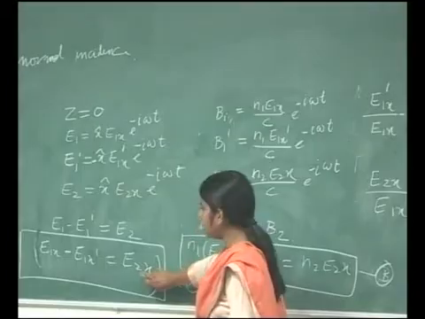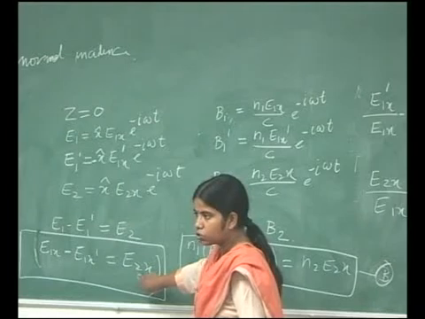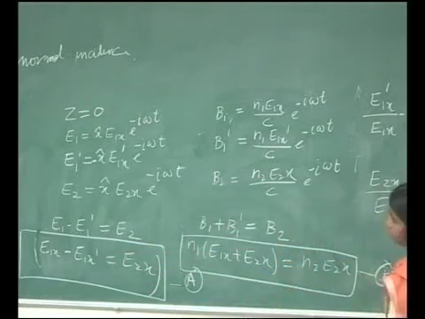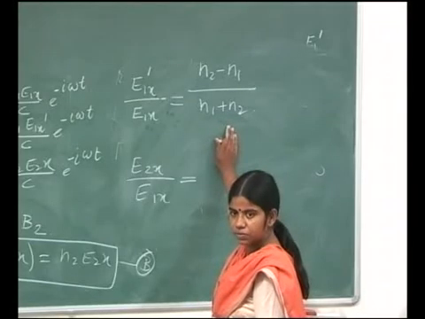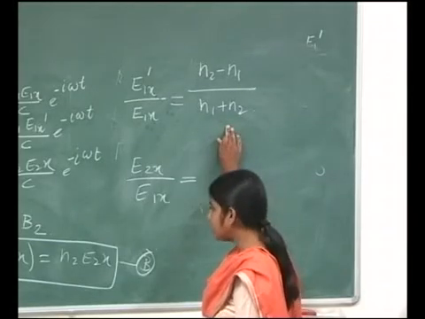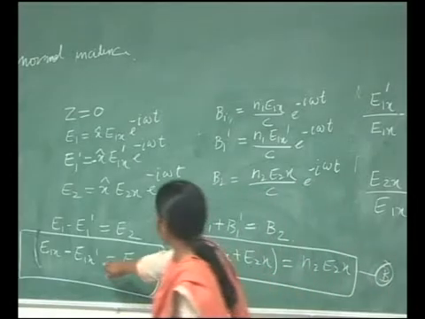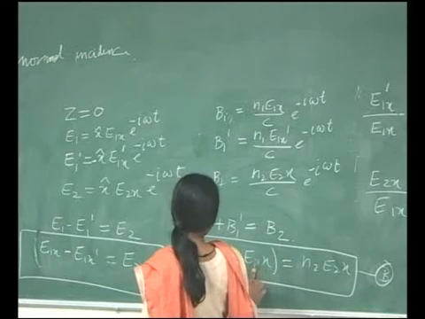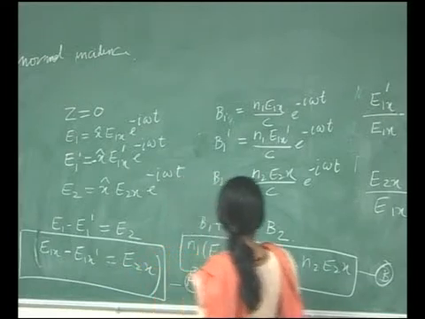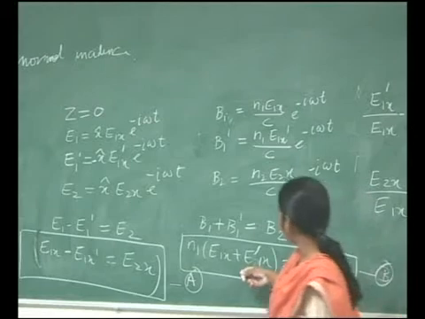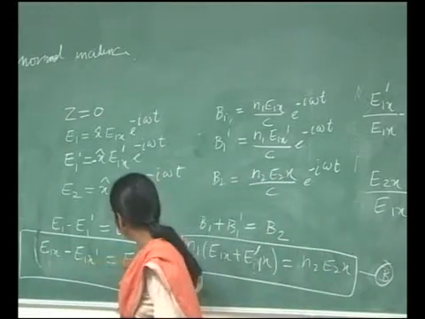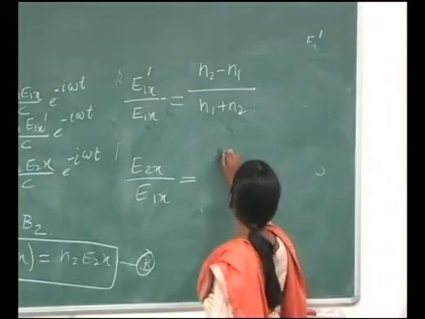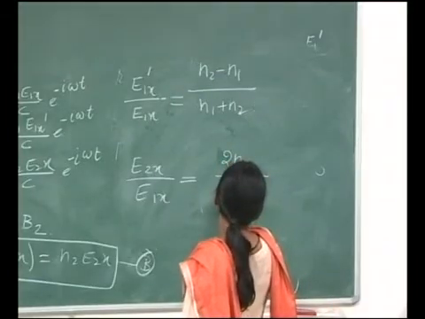फर्स्ट केस में आपको E2x एलिमिनेट करना होगा. So, to eliminate E2x you will multiply this equation by N2, and when you solve this you should get this. You are getting this? And in the second case I need to eliminate E1x'. So, if I have to eliminate this, I need to multiply this whole equation by N1 and add them up. So, I will get 2N1 divided by N1 plus N2.